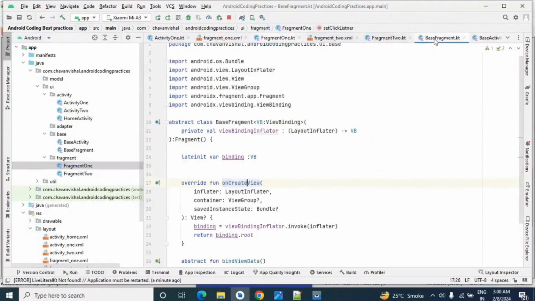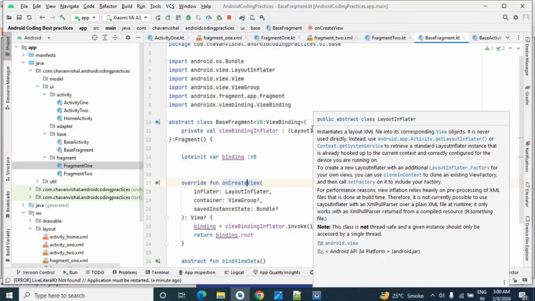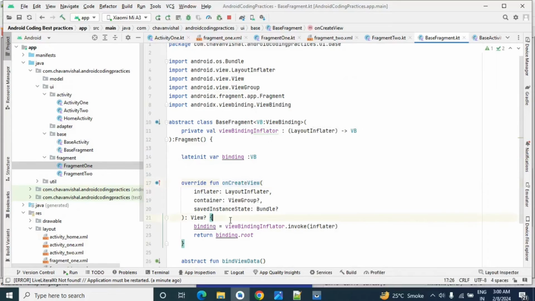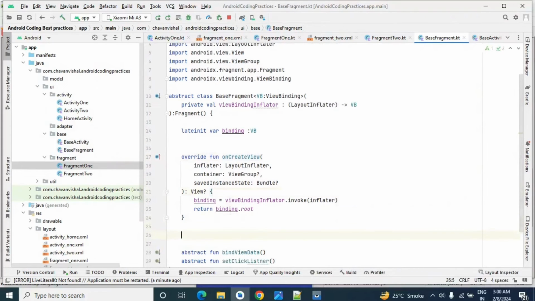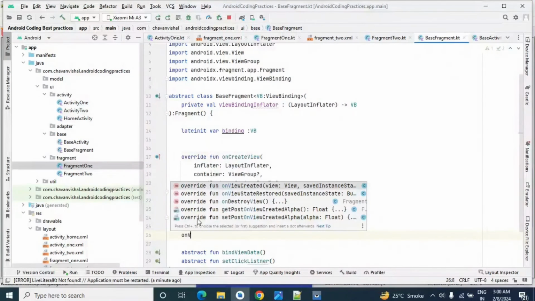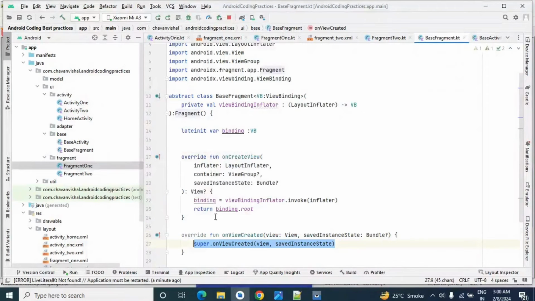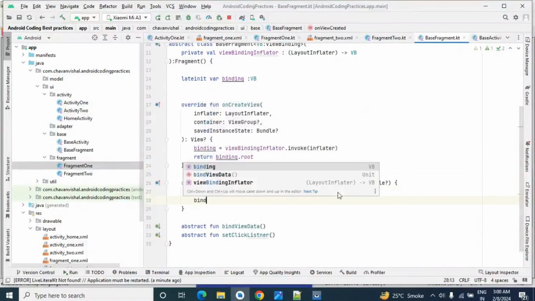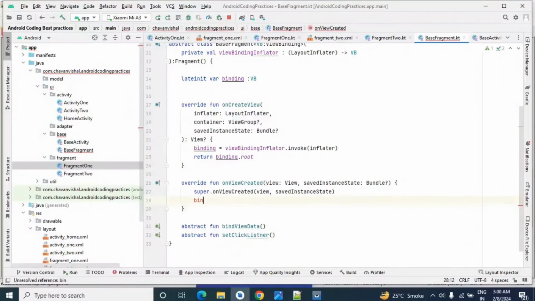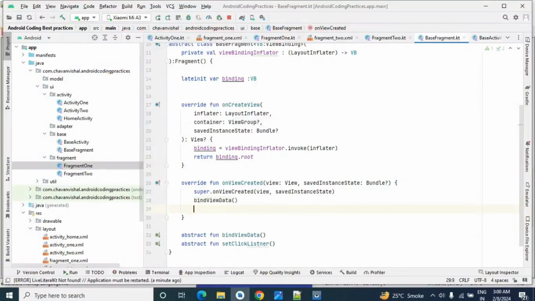Here let's go to the base fragment, and I think I forgot to add these two methods in my on view created. So in on view created I'll add these two methods, bind view data and set click listener.